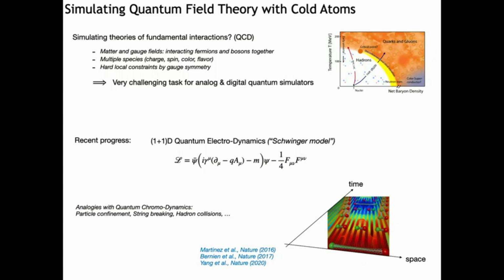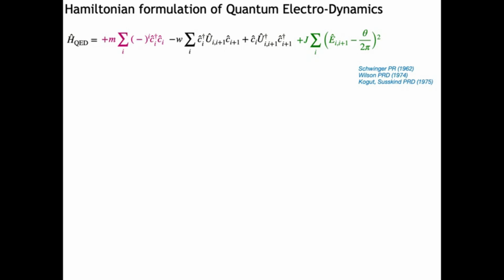This motivation being said, how do we go about this? How do we try to implement 1 + 1 dimensional gauge theory? In particular, in this case, I consider U1 gauge theory, so essentially quantum electrodynamics in 1 + 1 dimensions, with a quantum simulator. It's still a formidable problem in principle, and indeed, there is to date no single